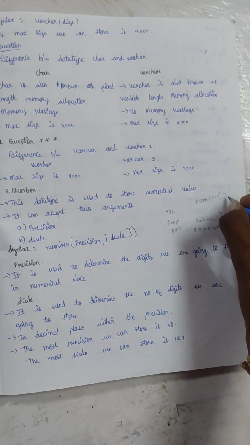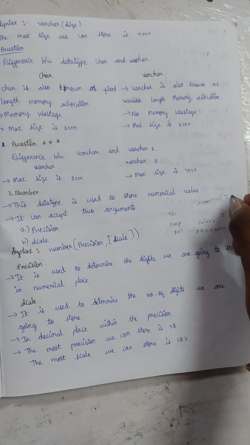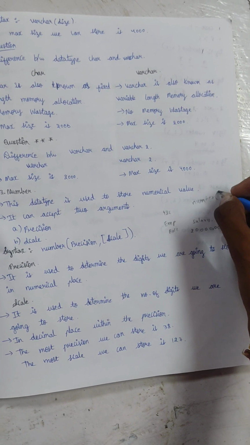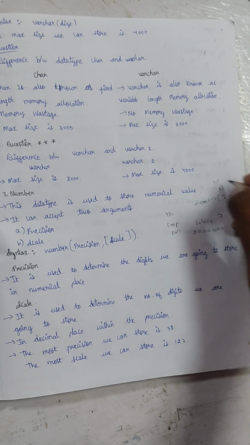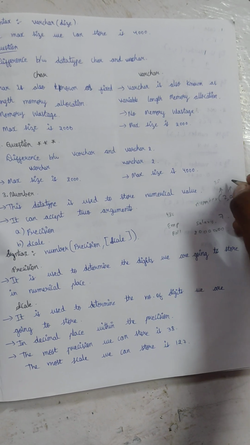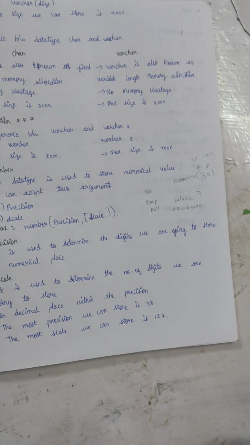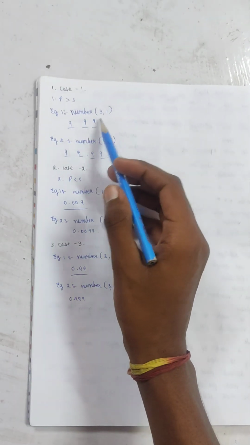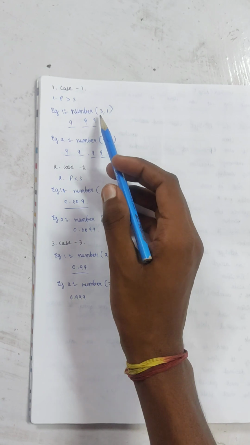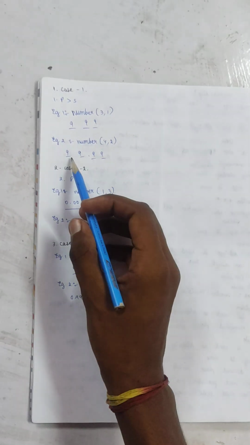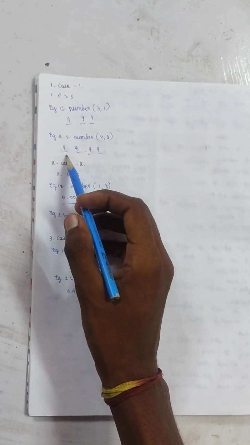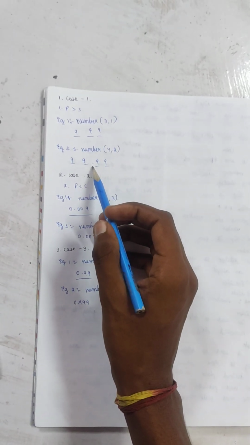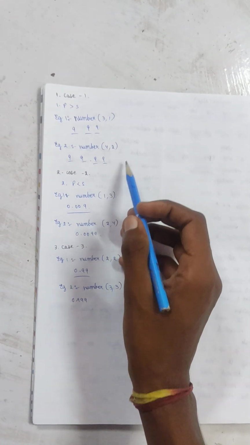Here scale is automatically the default value 0, and the maximum precision we can store is 38, and for scale we can store 127. As you can see in the examples, in case 1 the number is 999, so I have taken it as 3. Here the number is 4 comma 2, so we have precision as 4 numbers, and after the decimal we have 2 digits,